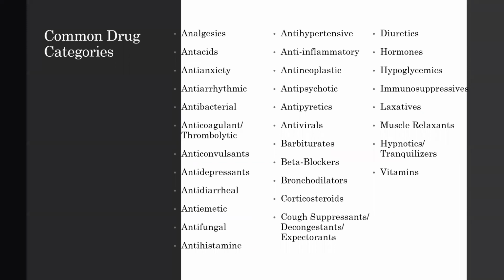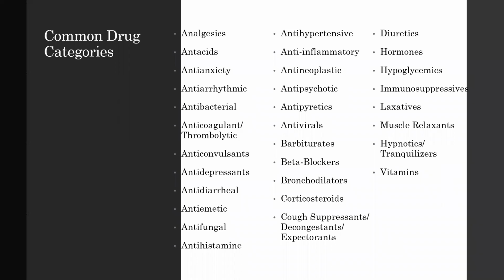And then we have our drug categories. So common drug categories that we will talk about throughout our pharmacology minis are things like analgesics, which are pain medications, antacids, which reduce gastric reflux, anti-anxiety medications, which help reduce anxiety, antiarrhythmics, which help to create a more stable heart rhythm, antibacterials, which fight bacteria, anticoagulants or thrombolytics, which prevent clots, anticonvulsants, which prevent seizures, antidepressants, which help treat depression, antidiarrheal medications, which help